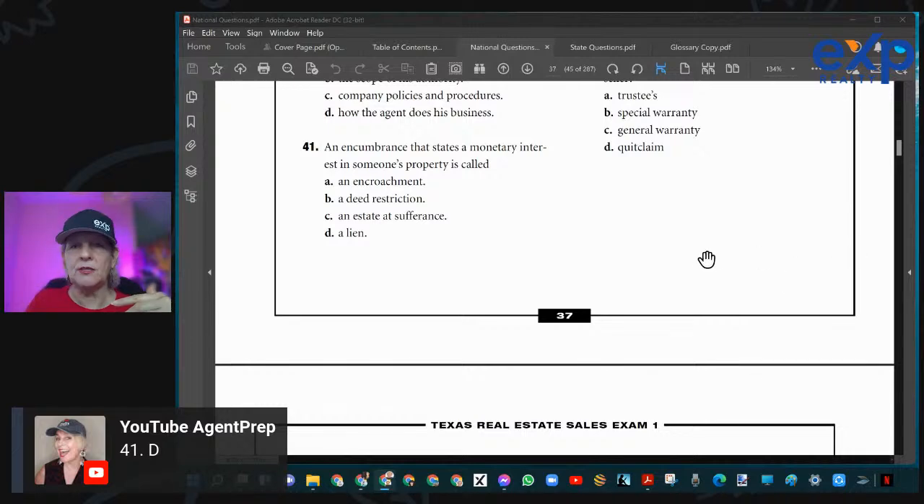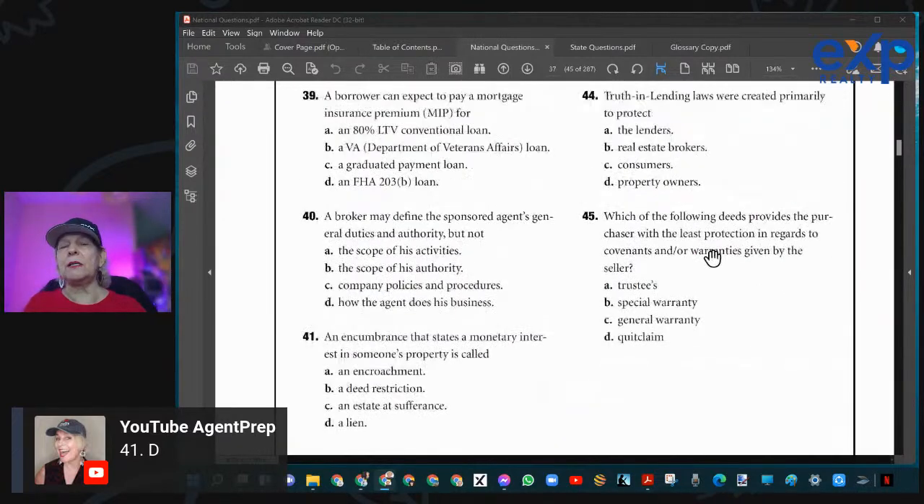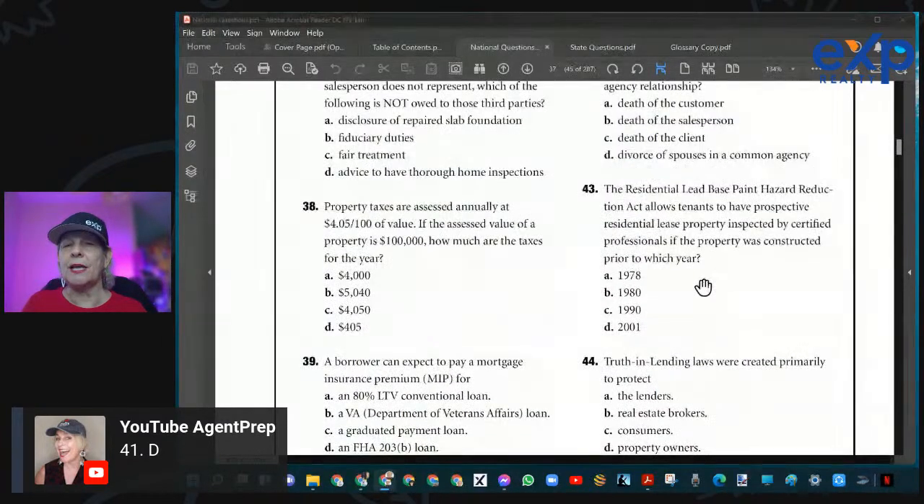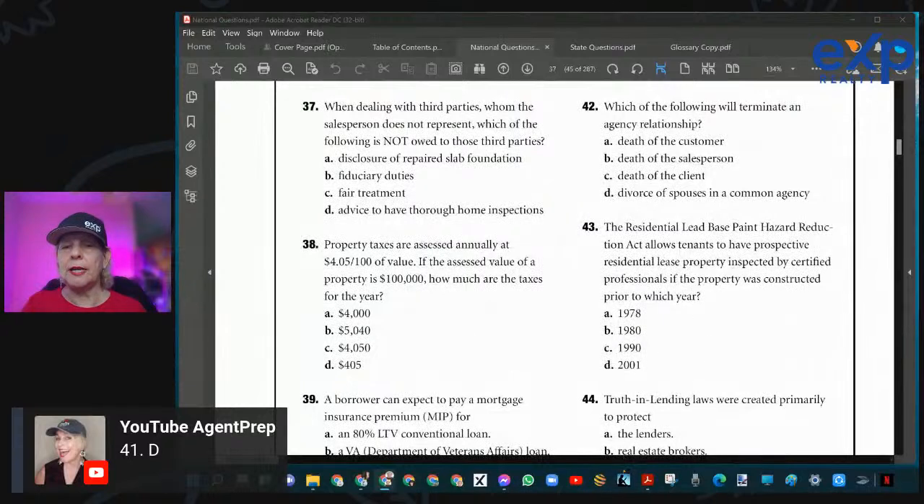So the answer was 41D. An encumbrance is a lien and when it has a monetary value. All right, number 42. You know what? Let me